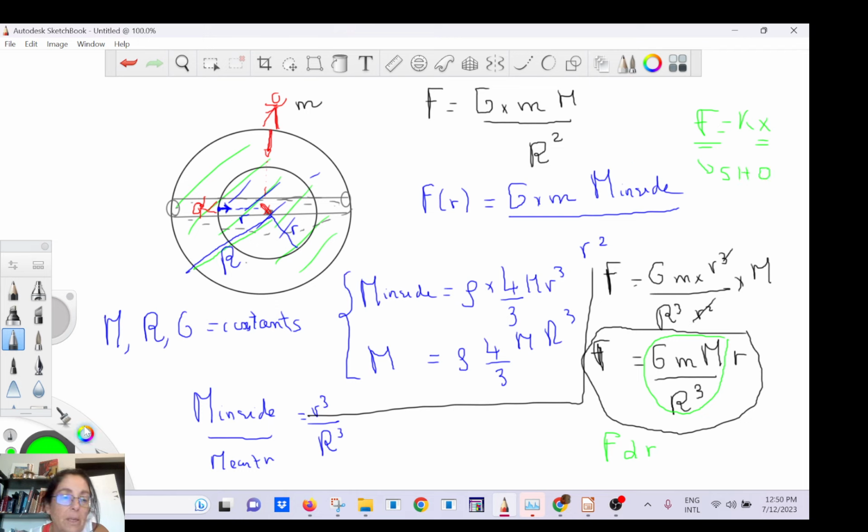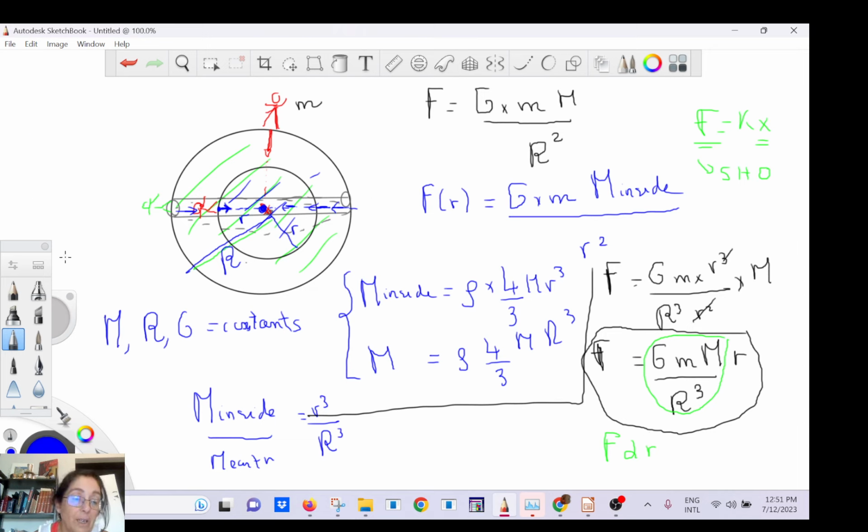So it means when you are here, you see the force acting on you is going to be larger. And then here, it's going to be 0 because r equals 0. And then I overshoot here because of inertia. And now it's going to be in the opposite direction. Here it's going to be there. And here it's going to be maximum. Okay? So you're going to oscillate back and forth. It doesn't matter where your tunnel is. There is no top and no bottom. So it's a simple harmonic motion. So now we know